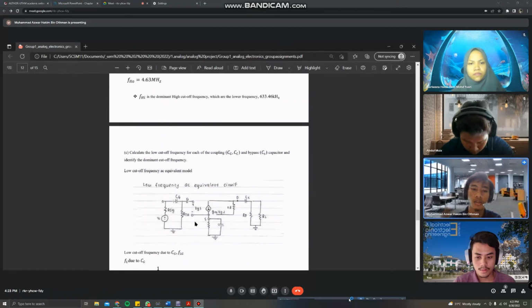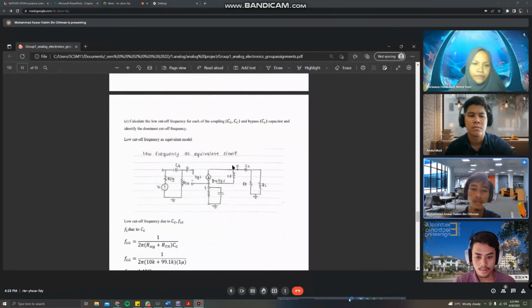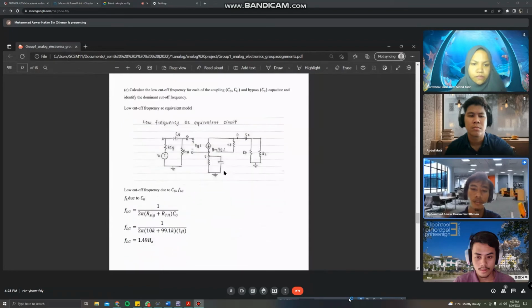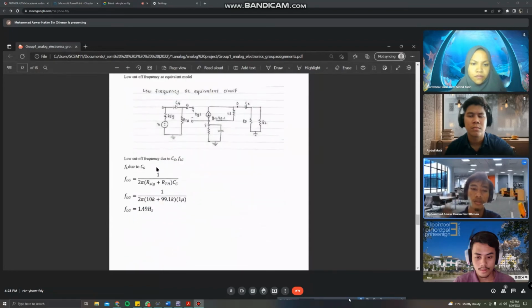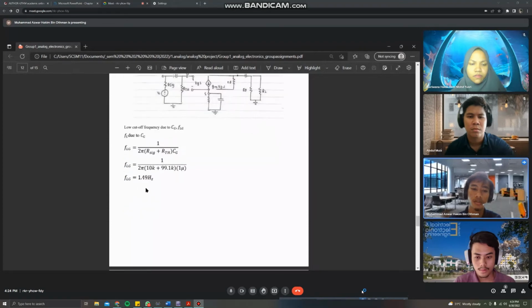FHI. So for part C, the question is to find the low cut-off frequency for each capacitor, CG, CC, and CS. So this is the AC equivalent circuit. Due to CG, the resistor, as we know, is across the capacitor. So we need to add RSIG to RTH, and we substitute the CG value, and we get the FLG equals to 1.0